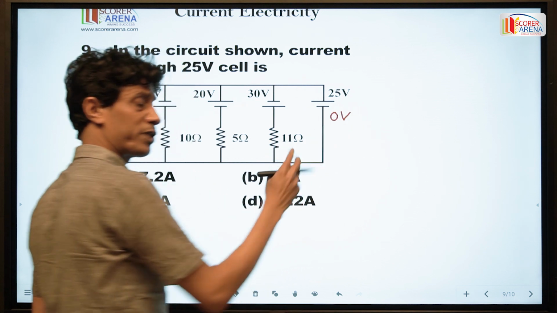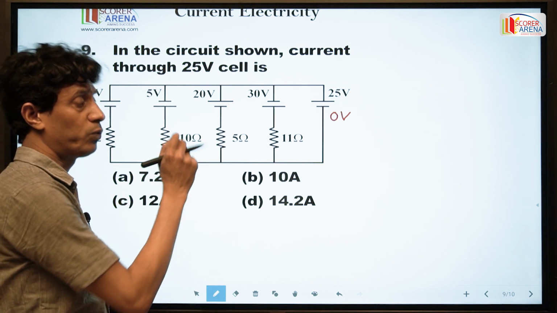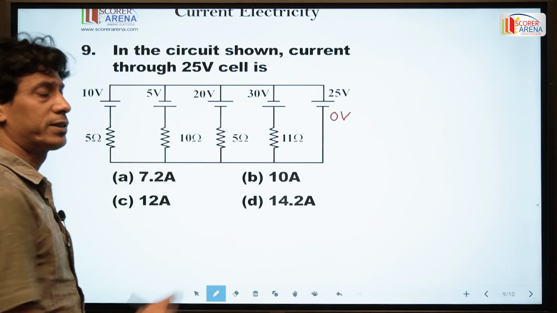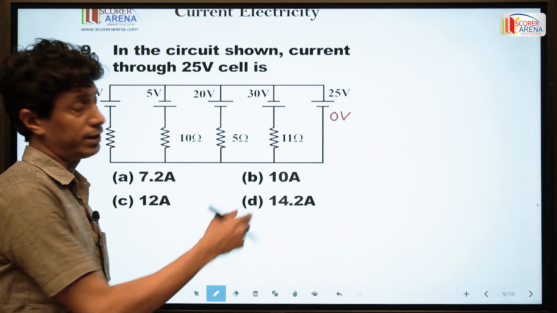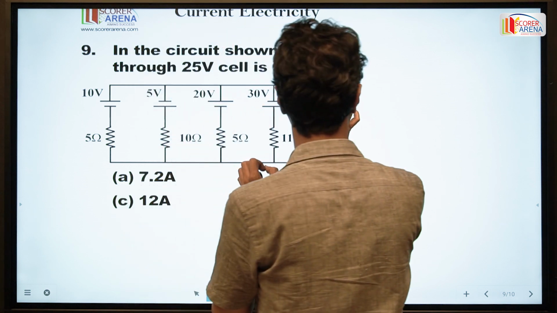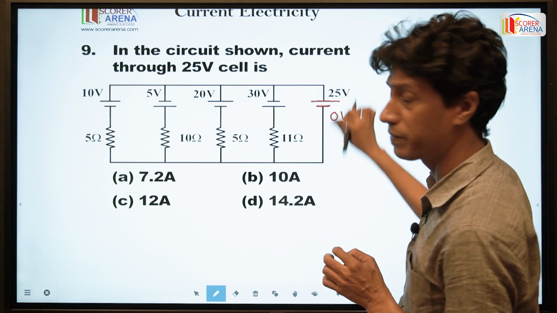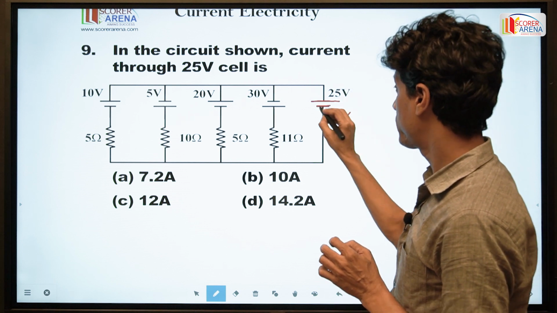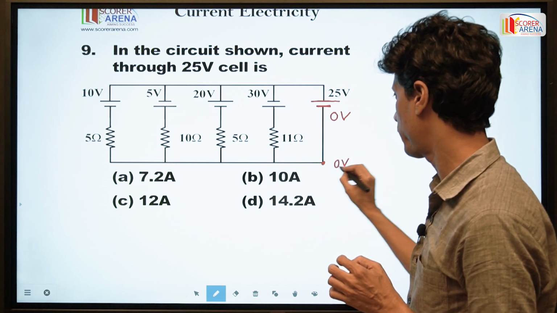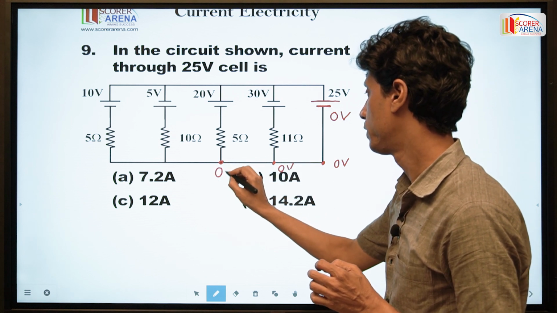You can take the reference potential any value, but my strong recommendation is that you always take the reference potential, in any problem or any circuit, if it is required, as 0 volt. If we take the potential of this plate as 0 volt, then the potential of this plate is 25 volt because the potential difference is 25 volt. So I have taken 0 volt as a reference, so the potential of this node is 0 volt